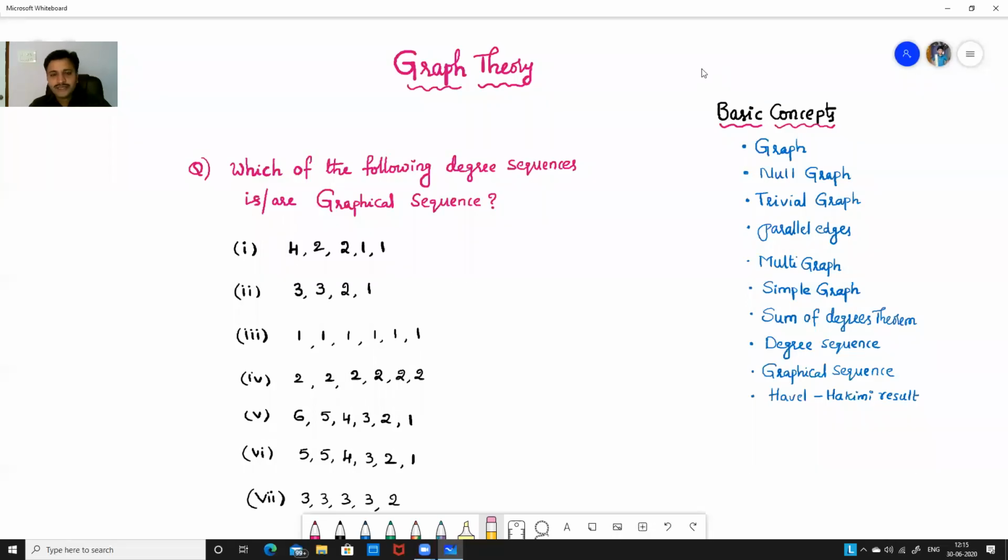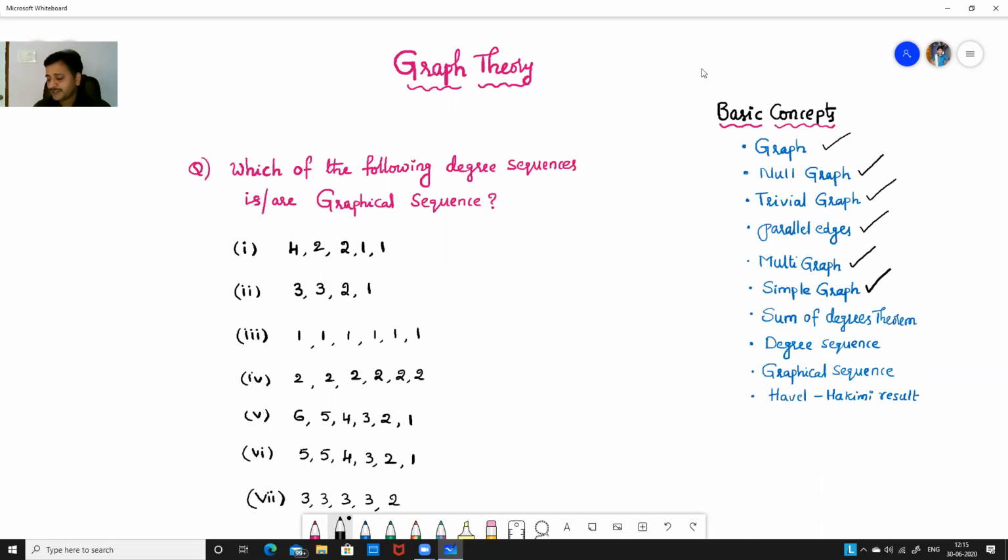Hello everyone. In our last video, we saw some basic concepts of graph theory. We had a discussion about graphs. We defined the meaning of a graph, a null graph, followed by a trivial graph. And we have seen what type of edges we call parallel edges, and when we say a graph is a multigraph,